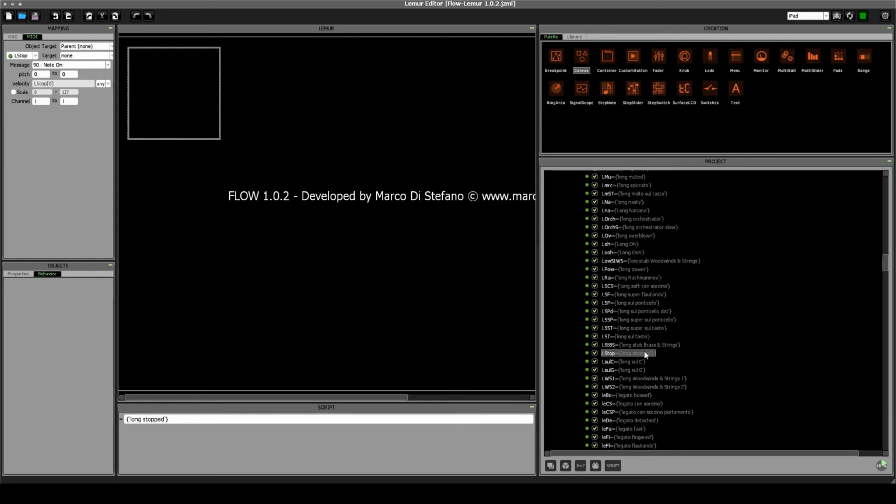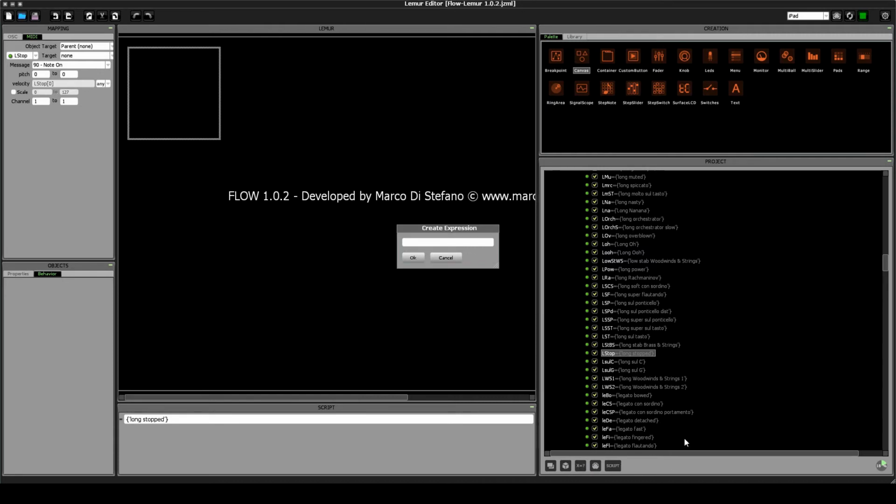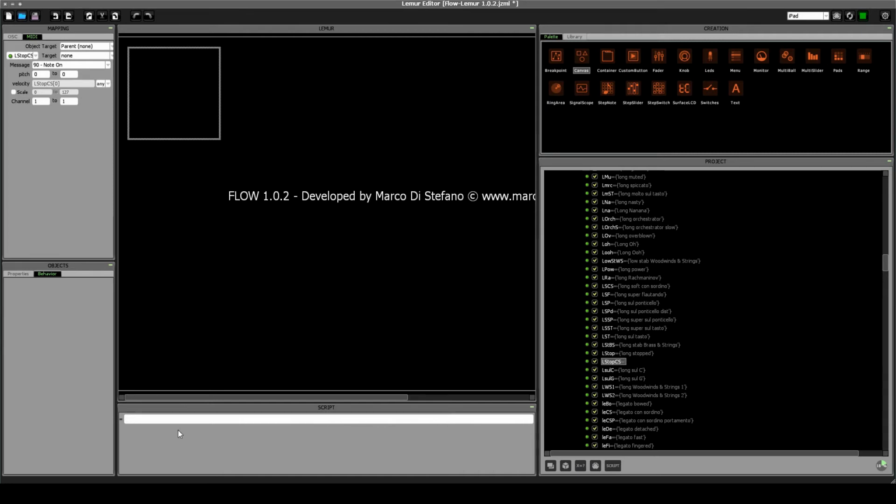Okay, so you see that you have the long stopped, but you do not have the long stopped con sordino. So in that case, we are going to create it. So L stop CS. We create a new articulation that will come there, and the only thing we need to write inside is the text that will appear then in Lemur. So long stopped